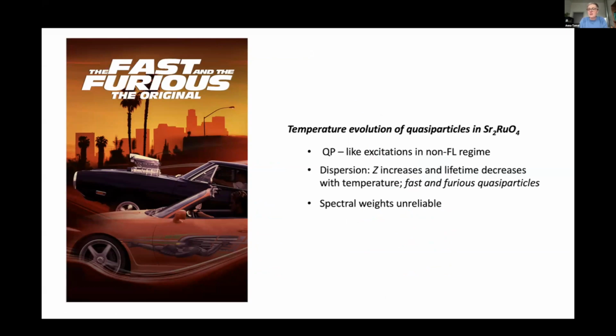And I looked at two things: Z, the mass enhancement, and the lifetime. As we increase temperature, we find that Z increases. So these quasi-particles tend to become faster and faster, and the scattering rate goes up. So I like to call them fast and furious quasi-particles. And the excessive broadening is the reason why they tend to disappear as you move into the bad metal